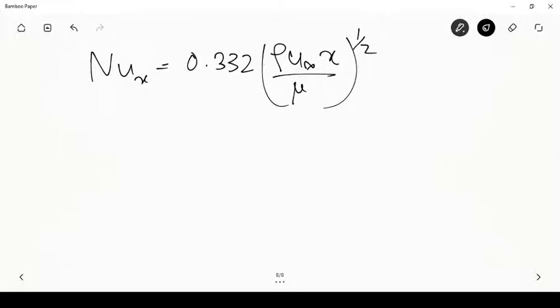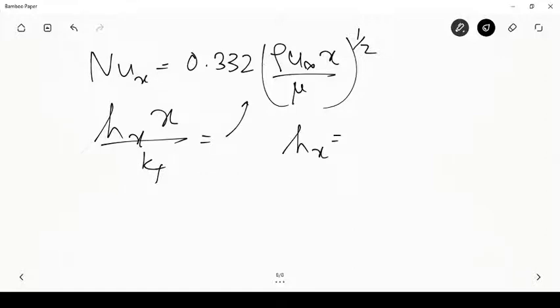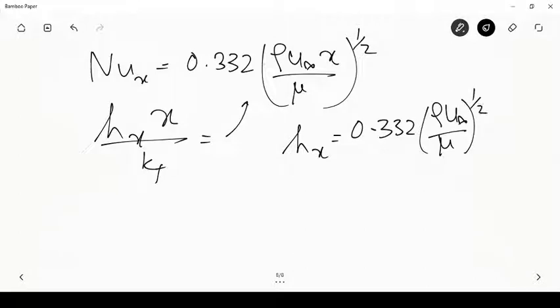Okay, but what happens to the h x? I'll write this h x into x by Kf is equal to the same quantity, and therefore h x will be actually equal to, this x will go and divide there, so x will come below. So you'll have 0.332 into rho u infinity by mu to the power of half, and then you get a Kf multiplying here, multiplied by x to the power of, there is an x to the power of half here, and this x goes and divides there,